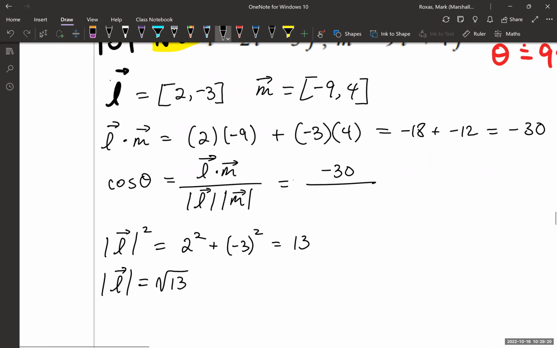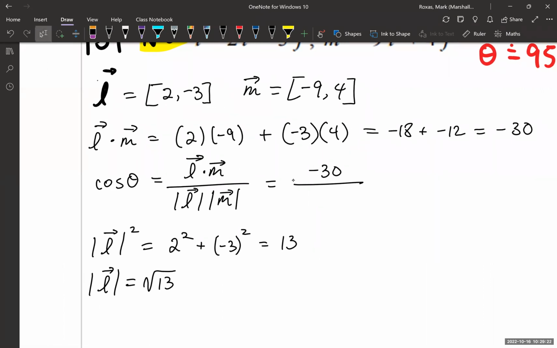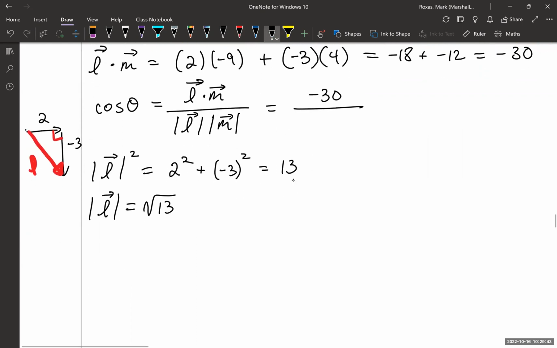So again, one more time, we're talking about a vector L whose x component is 2, y component is minus 3, like that. And so the vector itself is vector L. This is the hypotenuse of the right angle triangle that we create from its components. And then vector M, the magnitude of vector M,